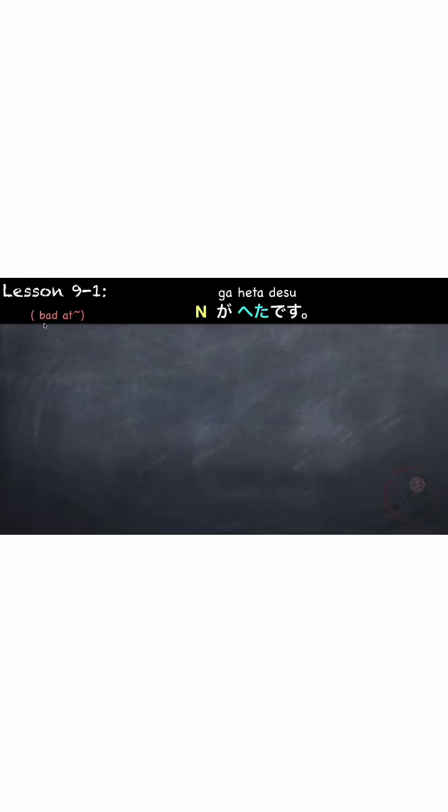Next is the opposite of to be good at, which is to be bad at or to be unskillful at something. The word for that is 下手。~が下手です。Poor at something. 下手 is more intense than 上手じゃありません。For example, I'm bad at cooking. Cooking is 料理 followed by the particle が and then to be bad at, 下手。料理が下手です。